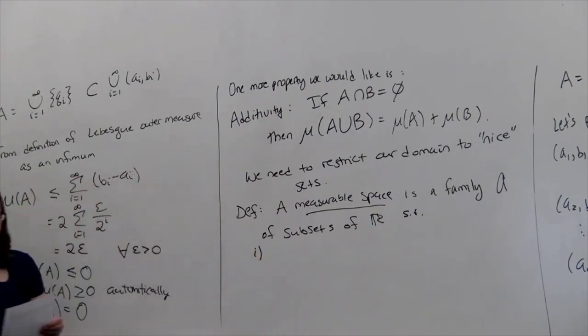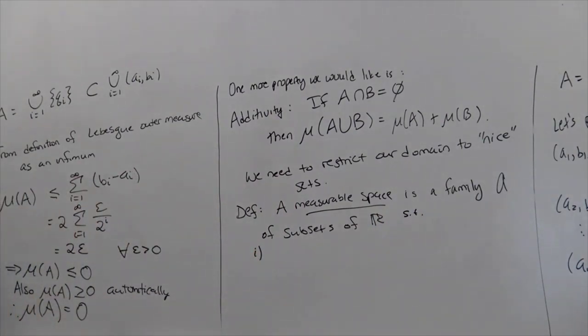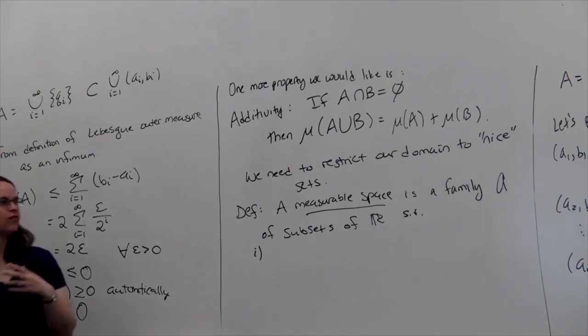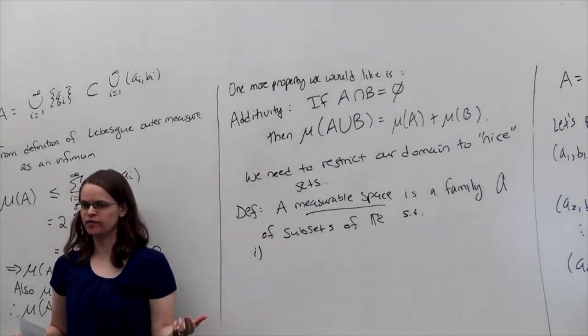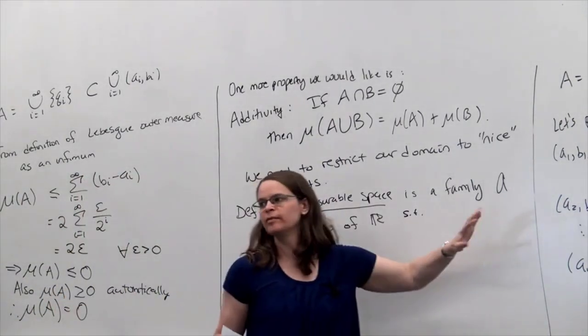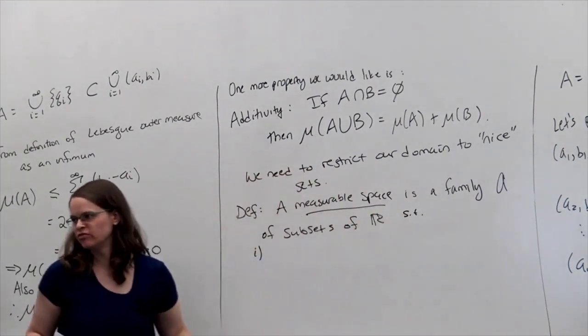here are some things that we want. Basically we want this family, so minimal things we want is that this family of sets is closed under taking complements and taking countable unions. Okay, so if a particular set lives in this family, then its complement lives in this family. If I take two sets from this family and take their union, the union still lives in this family of